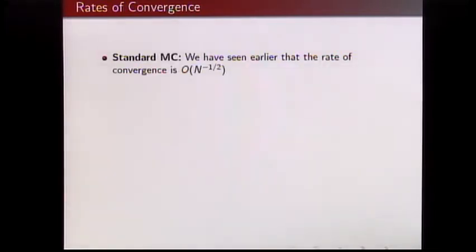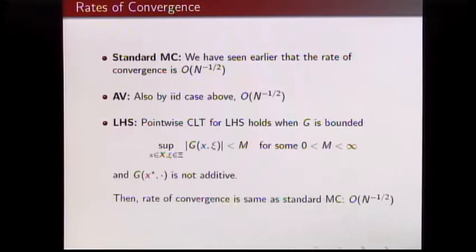Anyway, so standard Monte Carlo, we have seen, as I just told you, 1 over square root of n. And so AV, with some changes, same kind of order of convergence here, rate of convergence on the optimal values. So Latin hypercube, I've already told this, so for a pointwise central limit theorem to hold, I